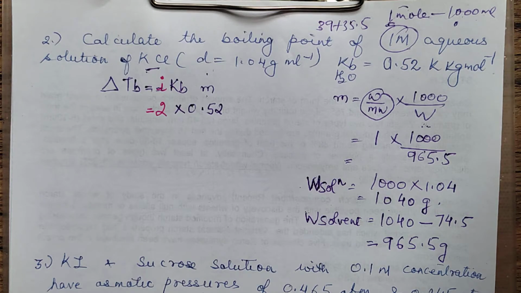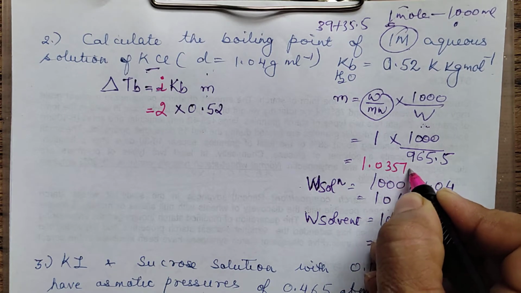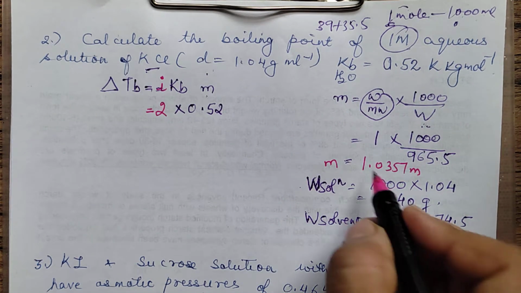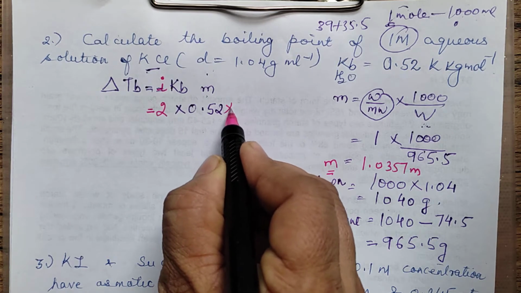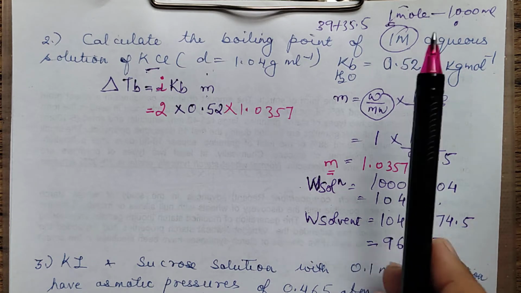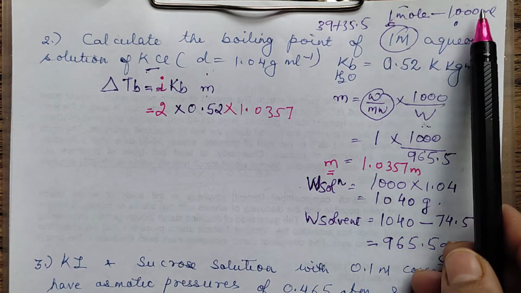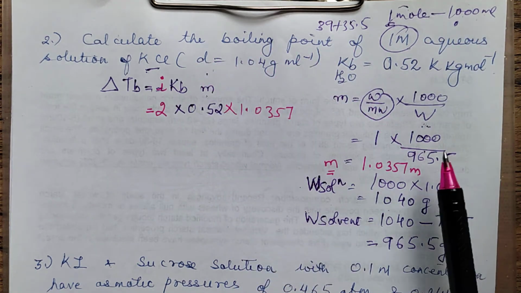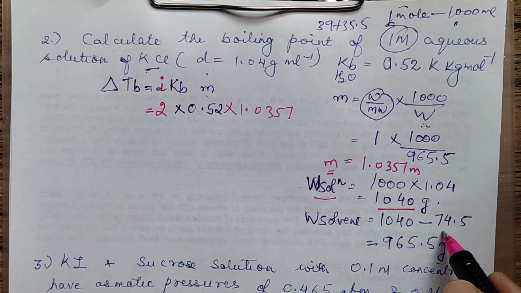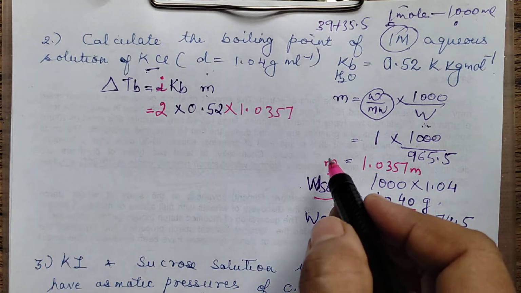So what molality will you get here if you solve it? It is 1.0357 molal. So this is small m. So what I have done in this part, I hope it is clear. I have calculated this molality and I am going to put it over here, that is 1.0357. What I did, 1 capital M is moles per liter, 1 mole per liter. So using the volume of the solution and density of solution, I have calculated the weight of the solution. From weight of solution, weight of solute is subtracted. You'll get this as the mass of the solvent. This I have used here to get the molality.